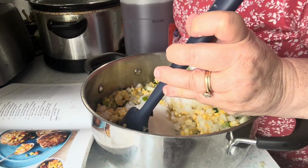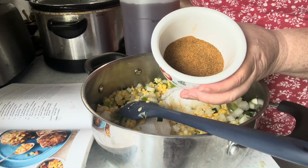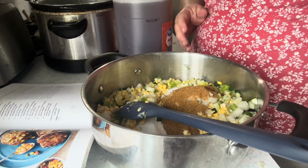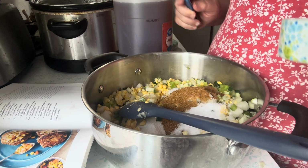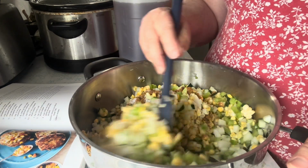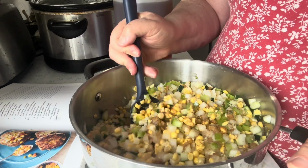Oh, 2 tablespoons of Old Bay seasoning. I pre-measured that to make sure I had enough. 1 tablespoon of kosher salt. This is a 1/2 tablespoon measure. So this is everything. I'm gonna put it on the stove, bring it to a boil, and then turn it